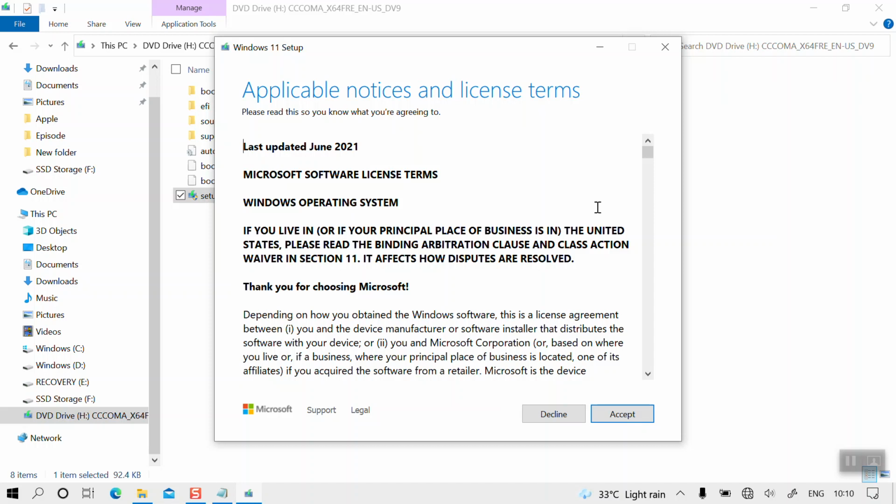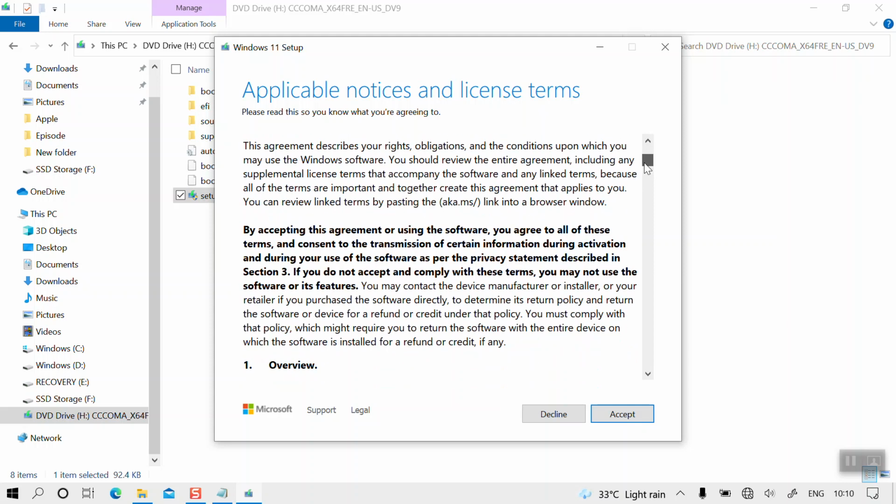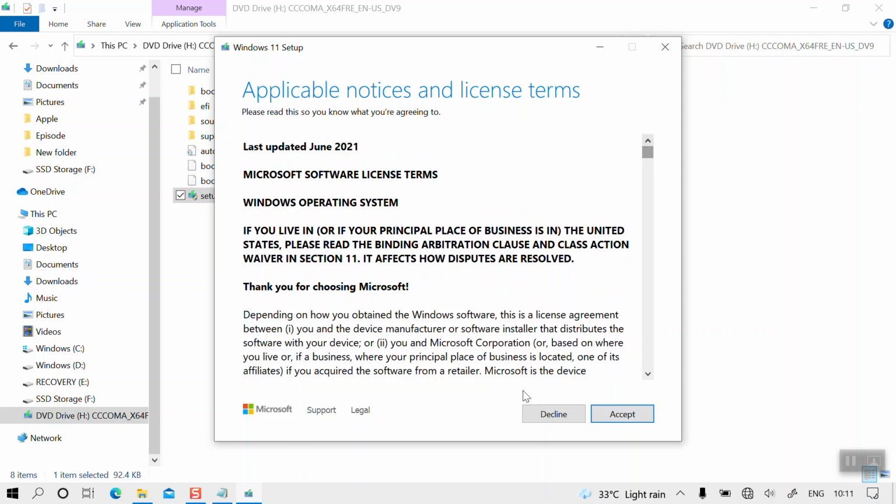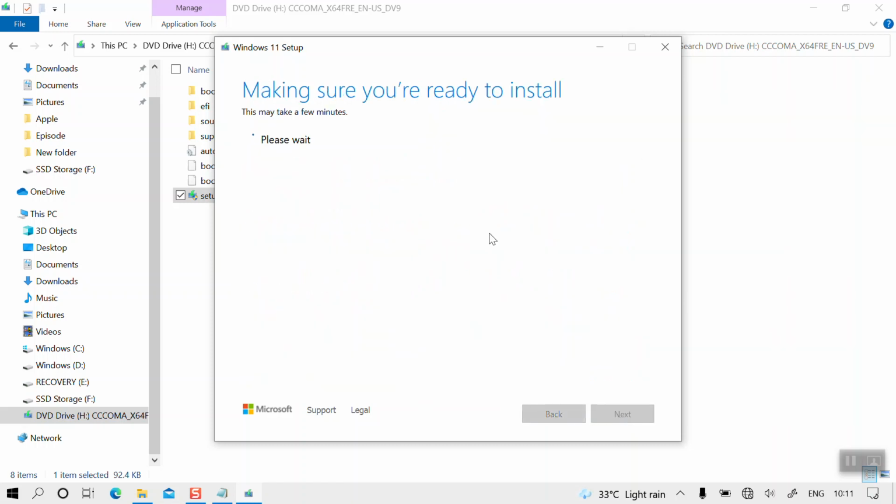I have edited the video and removed that part to save time. We can go ahead and accept the license terms. Now we can see that we are no longer receiving that message that your system is not supported, and we are able to proceed with the installation after we have made the change in the registry.